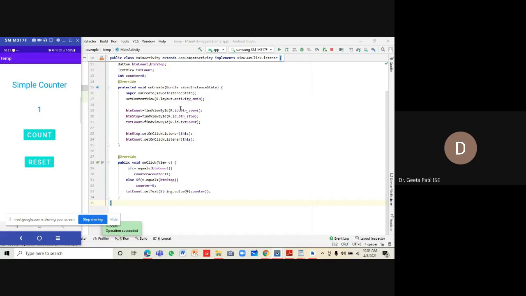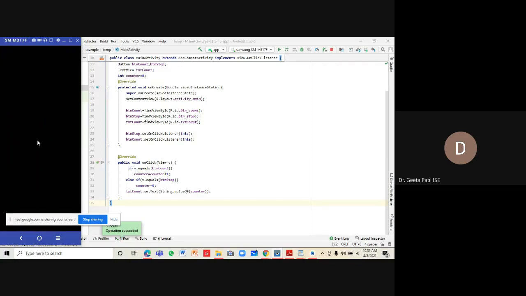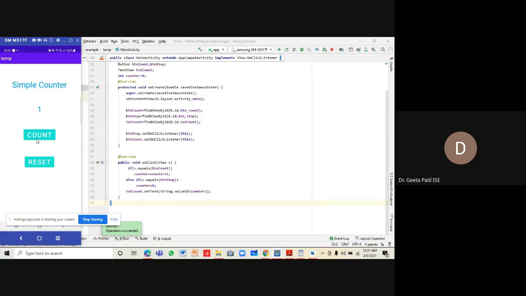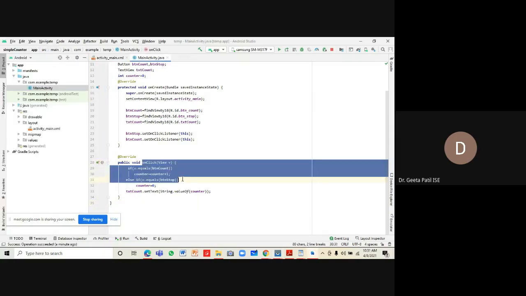There is something called a looper, which keeps watching the activities happening in your app. Whenever we click this count button, the listener of the count button will call the onClick method. What should happen when you click it is defined over here.